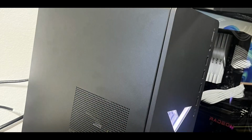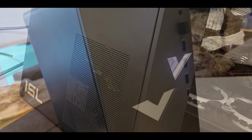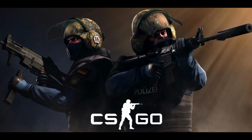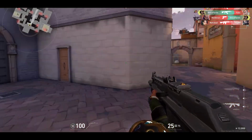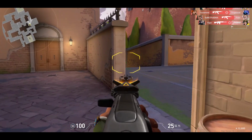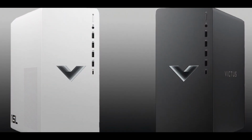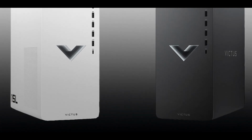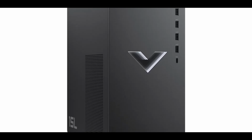this video, this PC is a really solid deal for 1080p gaming, medium to high settings, 60 plus FPS on average. And if we are talking about games like CSGO and Valorant, you will be able to achieve 144 plus FPS on average without an issue. So if you want a 1080p high refresh rate monitor, you will have no problems. I wouldn't recommend this PC for anything higher than 1080p, those being 1440p and 4K resolution. So if you want a 1080p starter PC, I would start with this one, or especially the next one